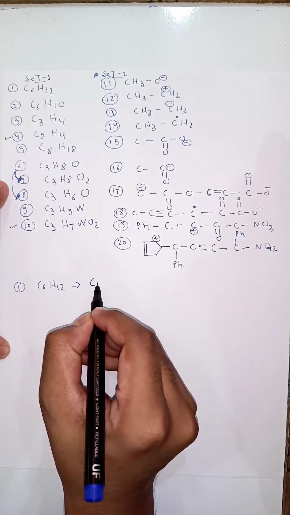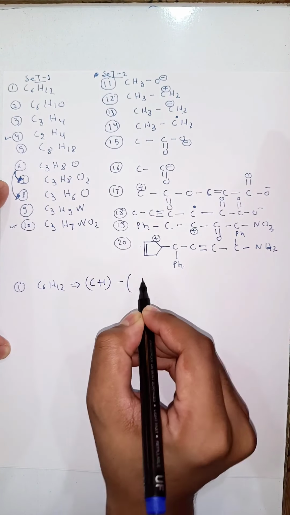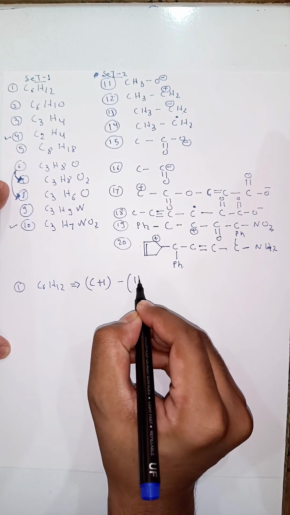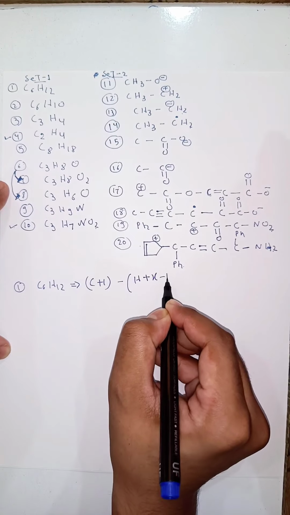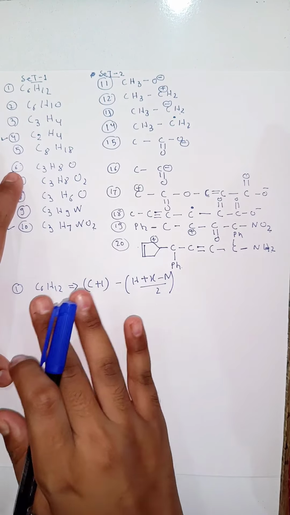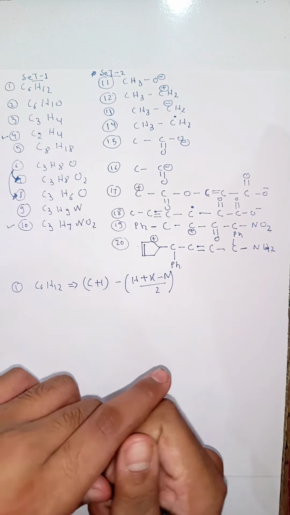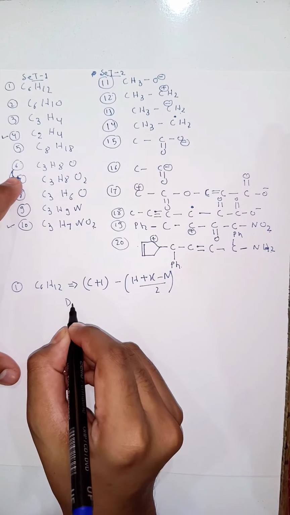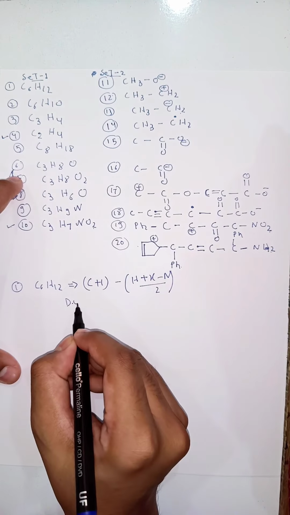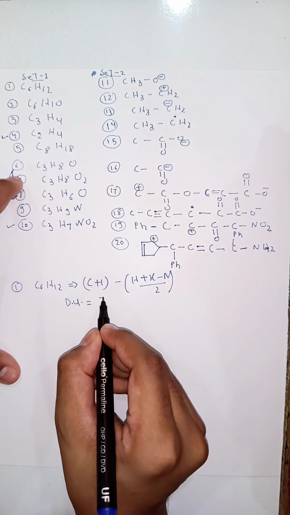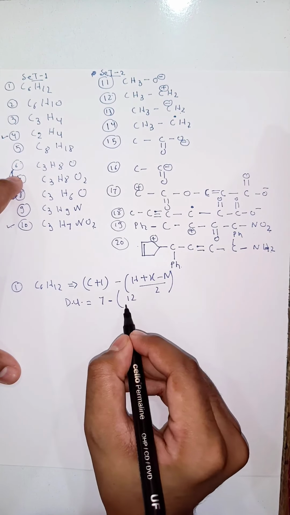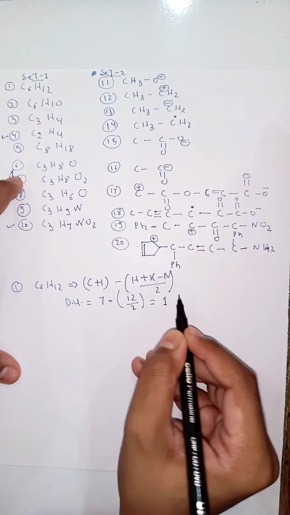So directly we know the formula of DU. We will be following that only. We will not be caring about any other thing. C plus 1 plus N plus X minus H divided by 2. This is the formula. So let us put the number of carbon and hydrogen in the formula to calculate DU. Since no halogen and nitrogen is present, we will be putting them as 0. DU will be 6 plus 1, 7, minus the number of hydrogen, 12, plus 0 minus 0, divided by 2. That will yield a DU of 1.